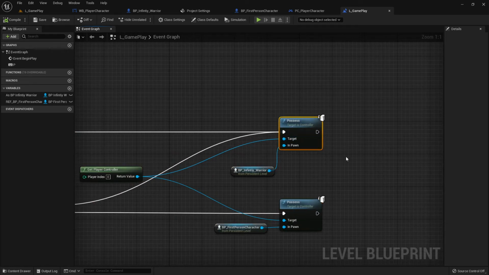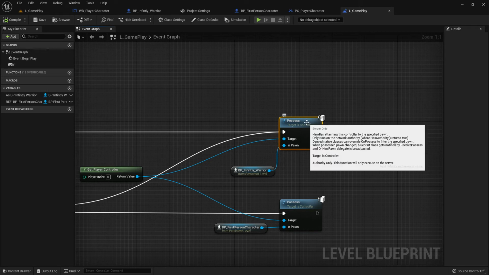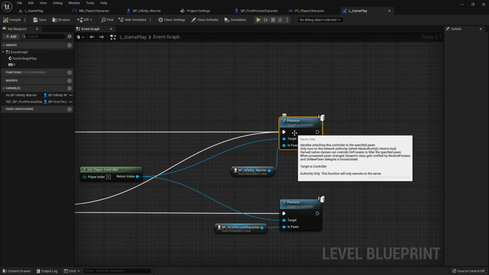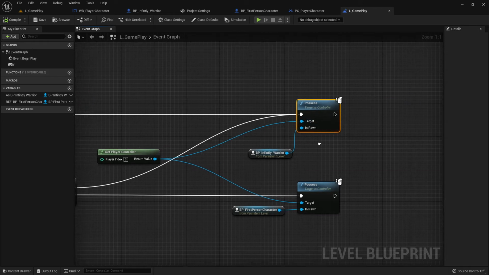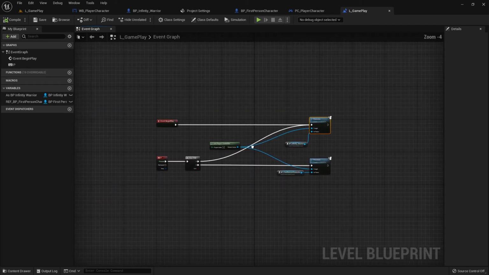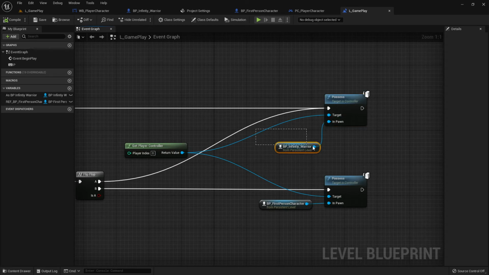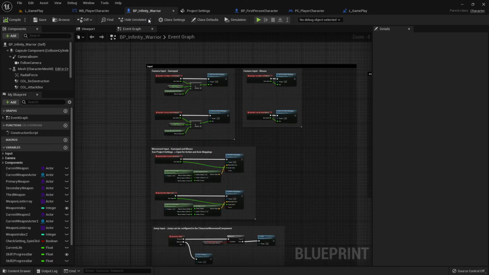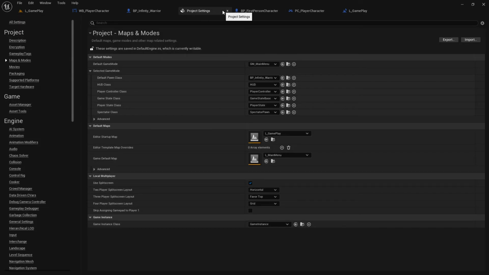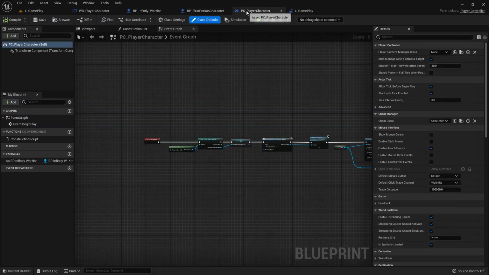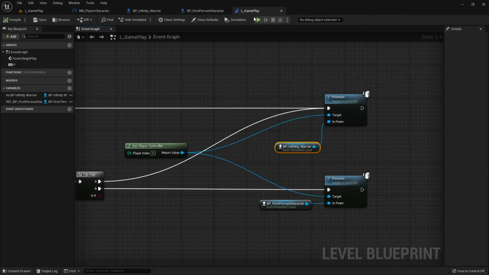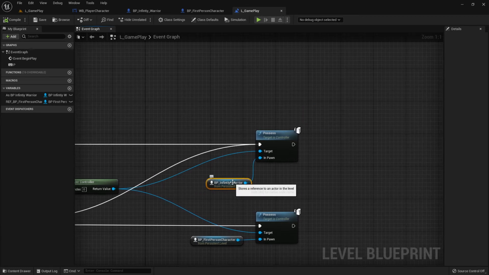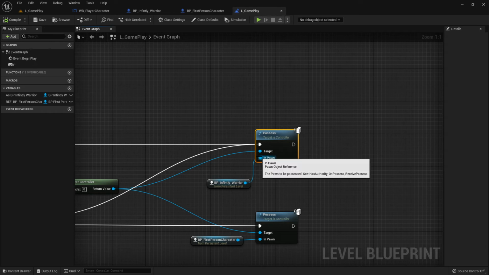This possess node means you can specify a character which you want to possess, and this possess node will target a controller and will assign a controller to this character. So here in this example, when you watch this video, we want, for example, to possess my character here. Let me move the other things a little bit away so we are not distracted. So when you want, for example, to possess the character now, you just say to this possess node, okay, character,